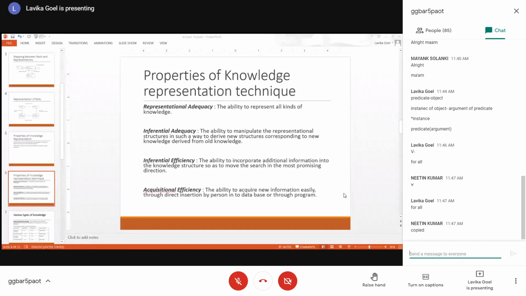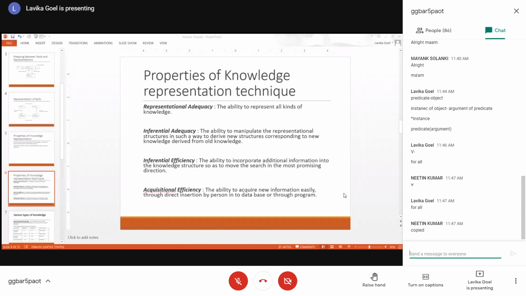So basically, this means that your knowledge representation technique should be able to incorporate the domain knowledge, some additional information related to the domain of the problem, into your searching, so it can search in the most promising direction.